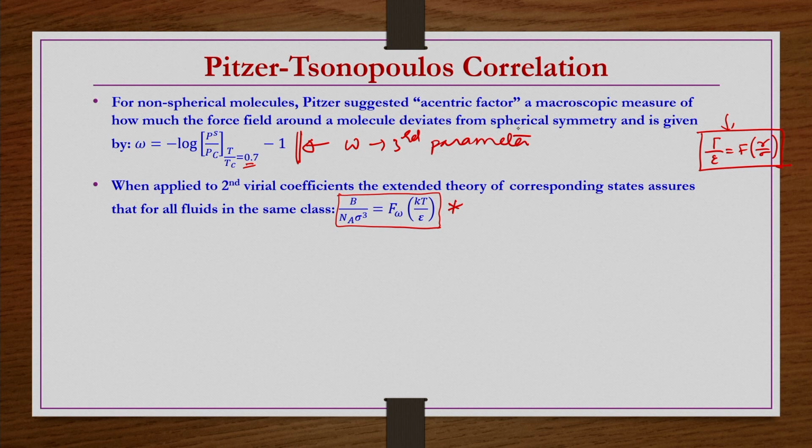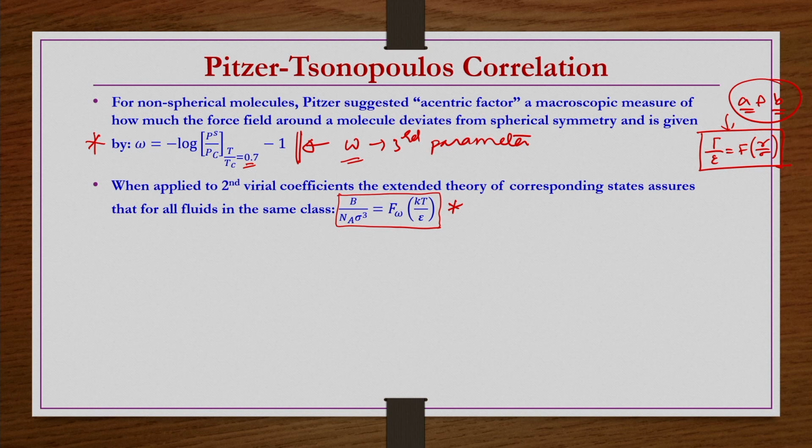Let us say the van der Waals equation of state: you have A and B constants only. These A and B constants can be obtained by applying this principle here, right. But if you have the Peng-Robinson equation, then there is alpha as a function of T, and that alpha is again a function of omega, the eccentric factor. So, that third parameter comes into the picture, and that can be obtained from here. This is known as the extended corresponding states theory.